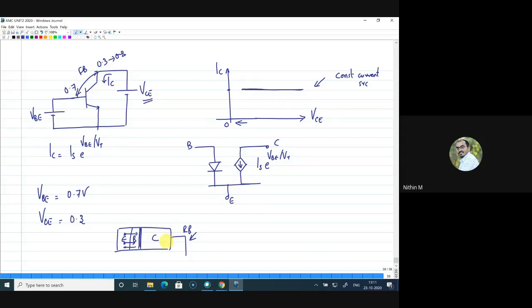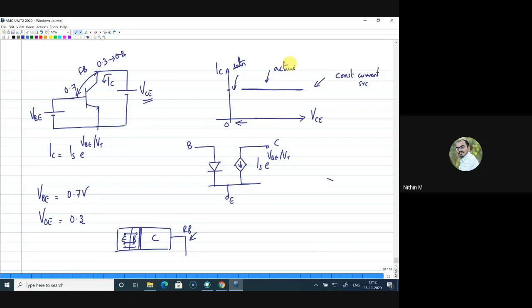Now if it is turning to forward bias, definitely that will not happen. The collector will not be able to collect electrons from the emitter, or your collector current will definitely decay. It will reduce. The reason is your transistor is entering into the saturation region here. Even though it was active here, as your VCE keeps on reducing, your collector base junction will turn forward bias and your collector current will actually drop.